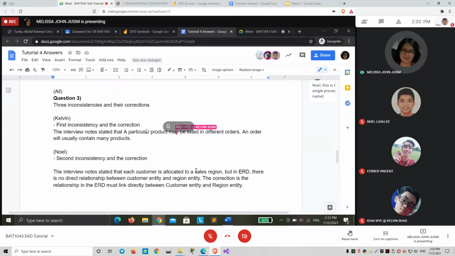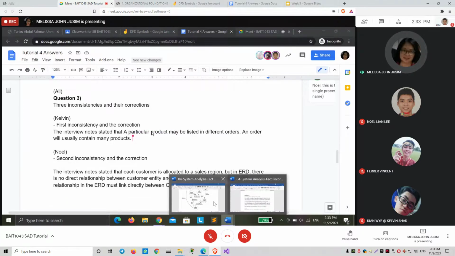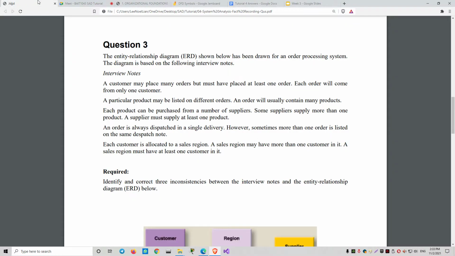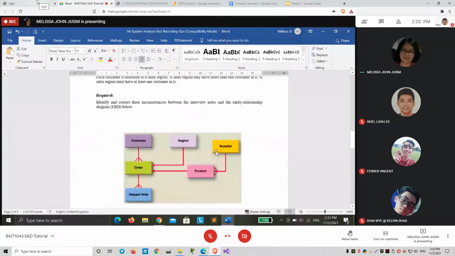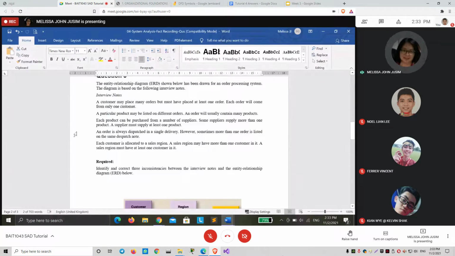An order will usually contain many products. Here you need to match the ERD with the narrative description of the interview. So the problem here is that